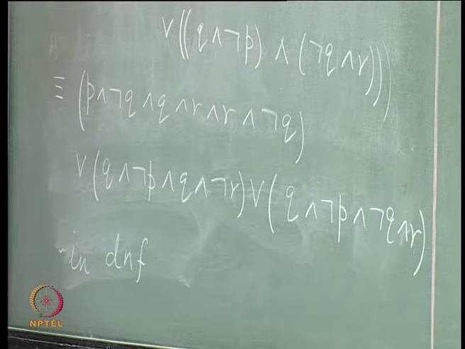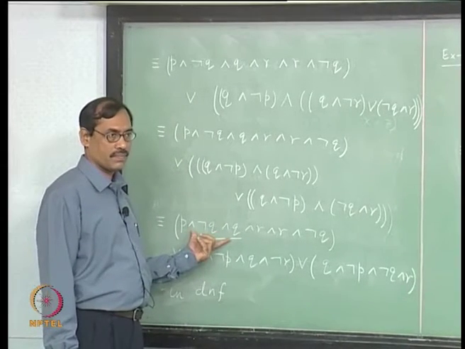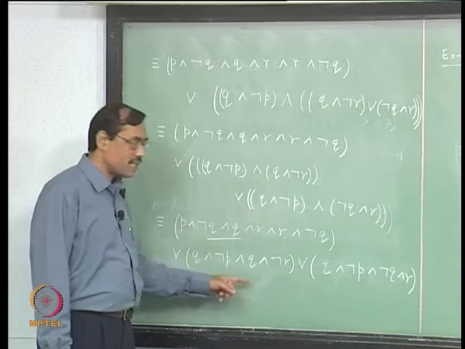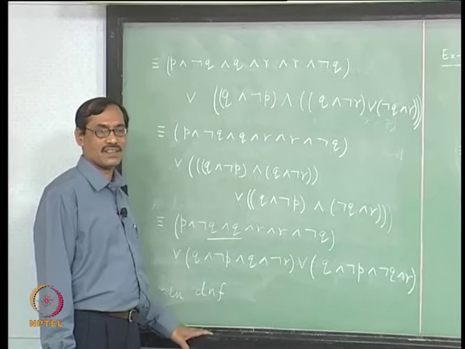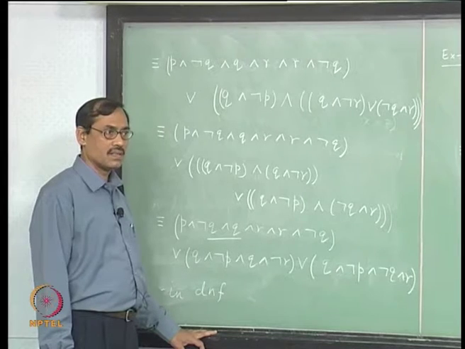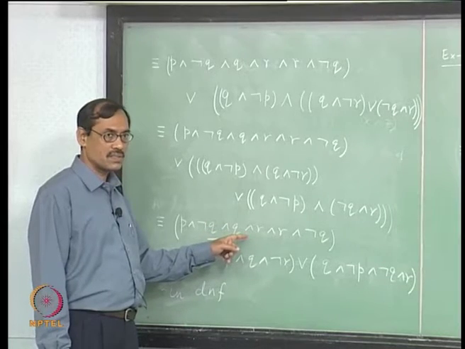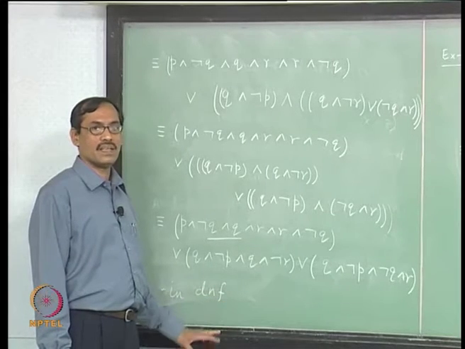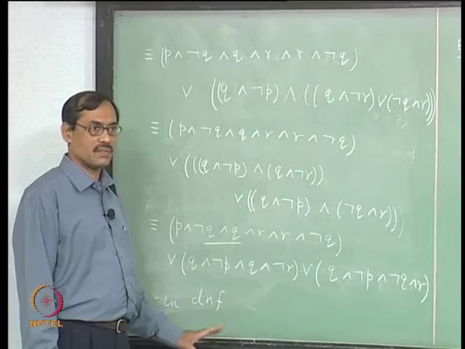Well, what you observed here is writing your first clause as bottom, because q is there, not q is there. Now, suppose you find finally that in every clause you have a literal and its negation, a propositional variable and its negation, then automatically it will be bottom, it will be unsatisfiable, fine. So, that means if it is a DNF and you find that every clause is having a pair of complementary literals, then you say that it is an unsatisfiable proposition, right. Is the observation clear?